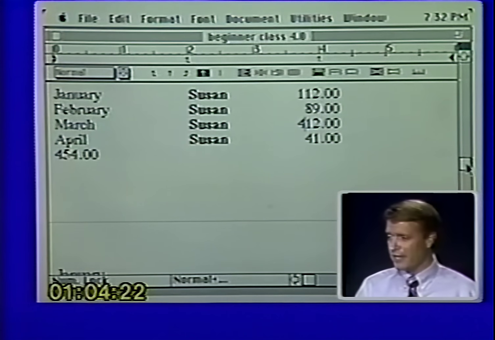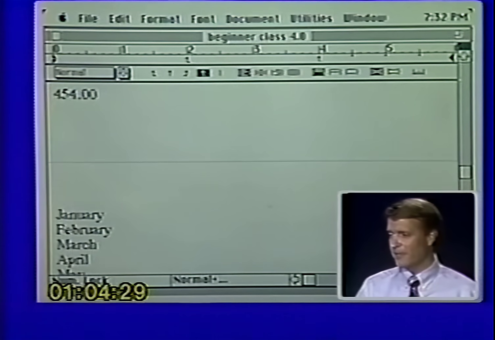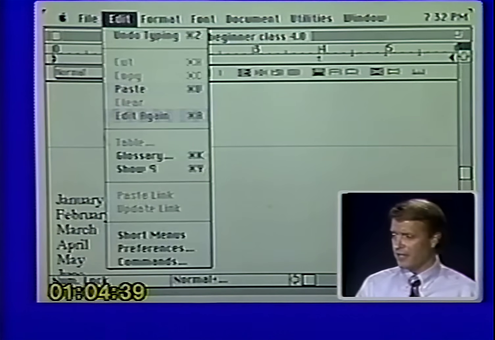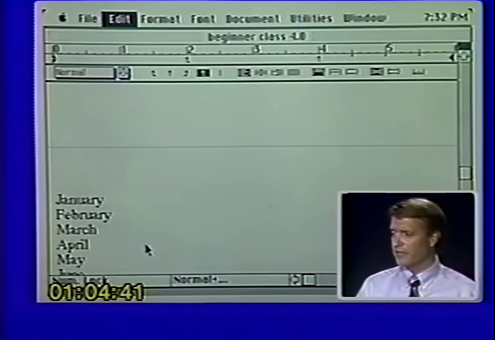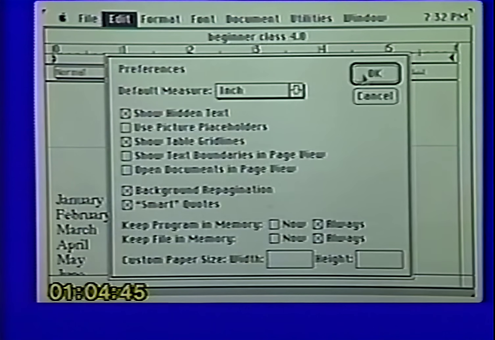Now as I mentioned, in the new Microsoft Word, it has given us a brand new option which makes making tables extremely easy. Now, as you'll notice, the way I did those tables there, I had to set all my tabs and then try and line them up and make them even and do all those different items. Right now, let me make sure that my preferences are set correctly here. I want to show the table grid lines, so we're okay.